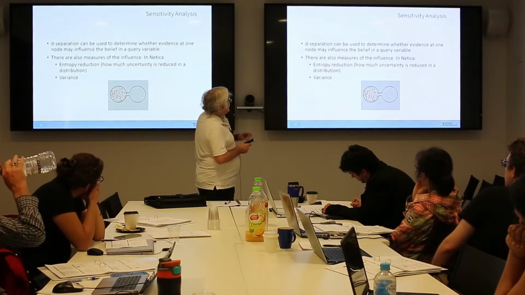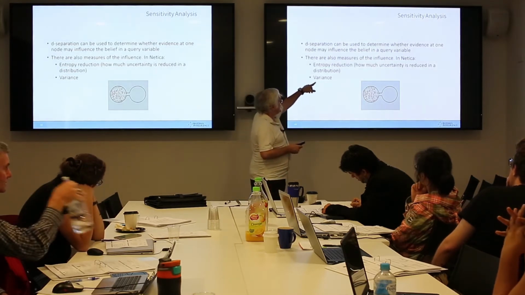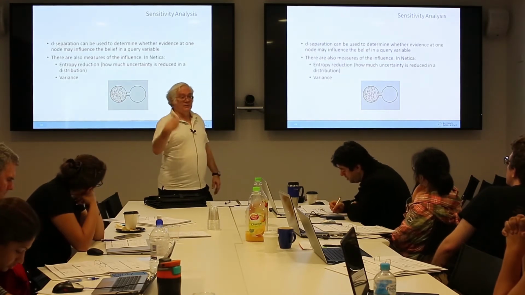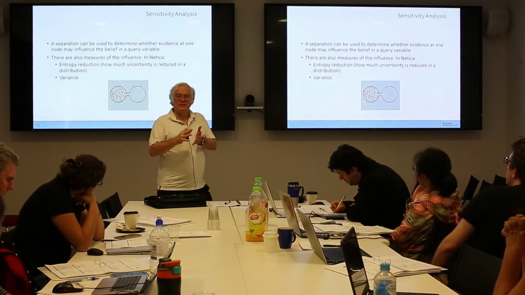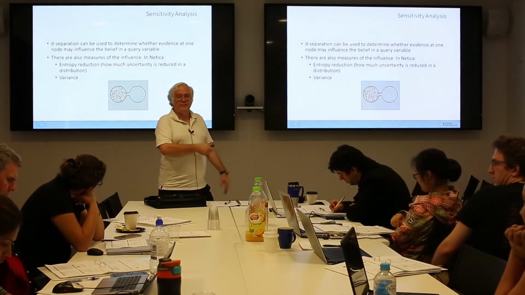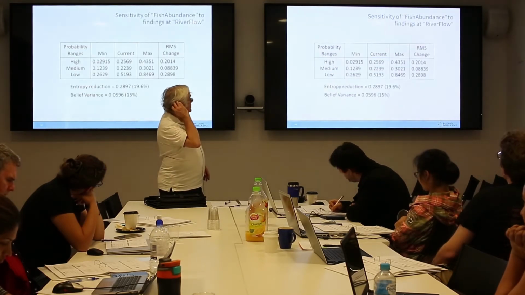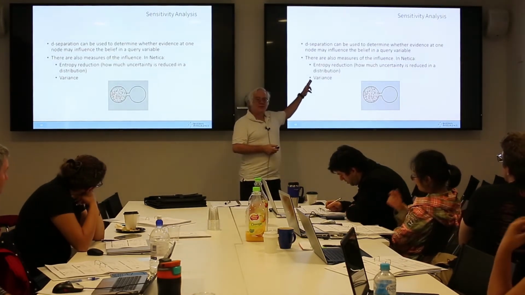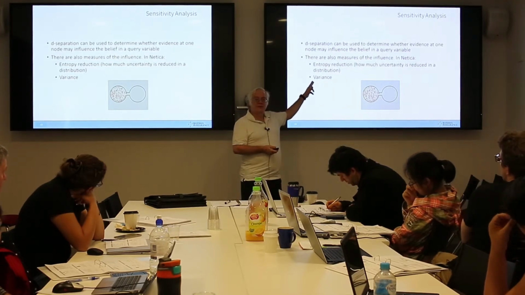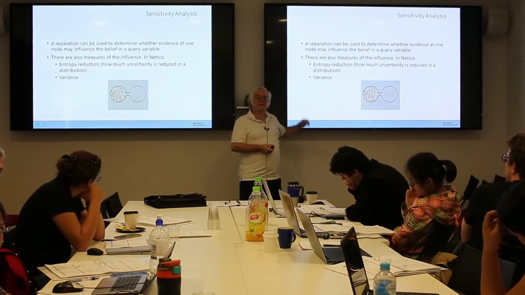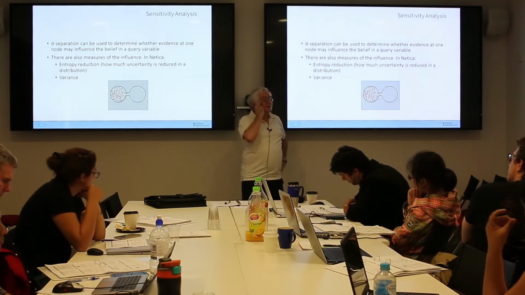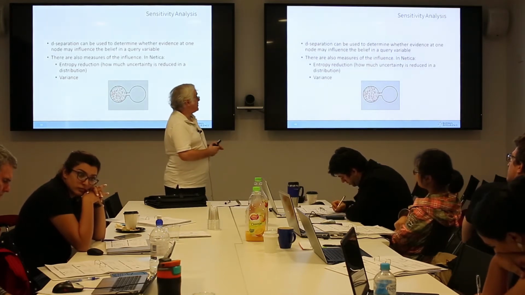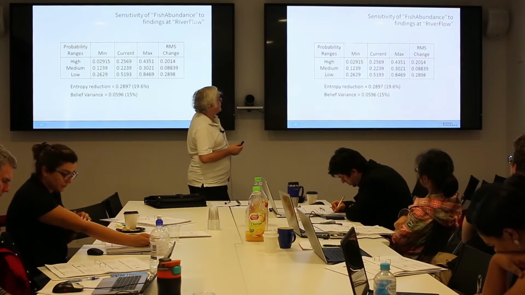Let's see, there are also measures of influence. In Netica, you get mutual information and something called variance, and I forget what variance is, but anyway, some measurement of how much variance reduction, I guess, in some variable given the value of another variable, something like that. So that gives you an idea of marginal dependency. You can't do conditional mutual information, or can you? Well, I guess you can set variables and then, yeah, so you can, okay. So you should do that, most people don't. So you can do either marginal or conditional mutual information and likewise variance, whatever variance is.